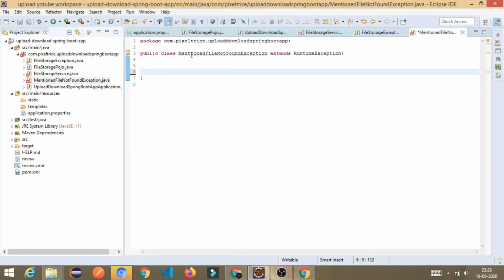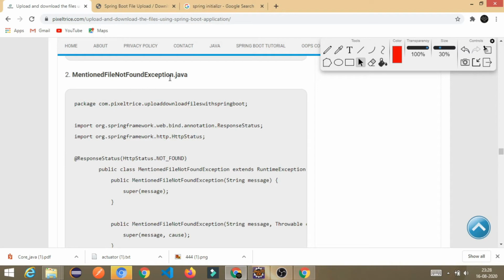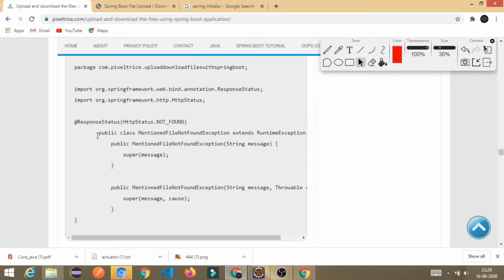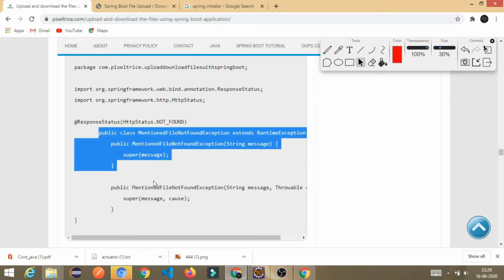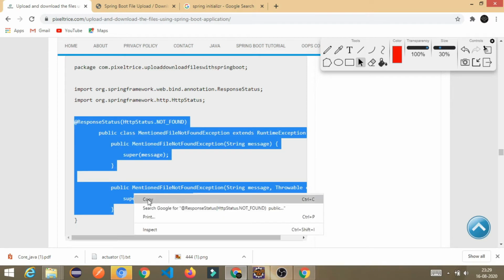Now let's switch to the mention file not found exception. See here, it will also work in the same way, but here is another annotation I have added.